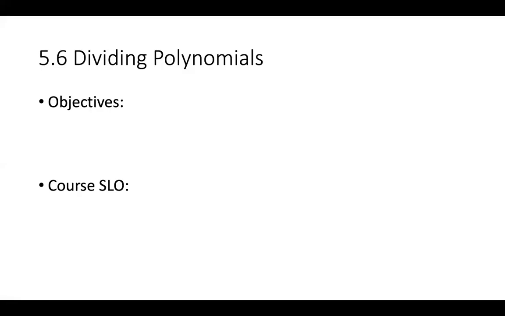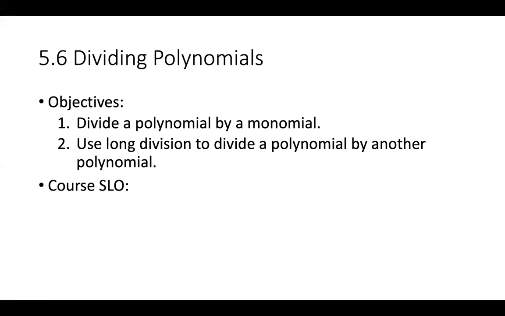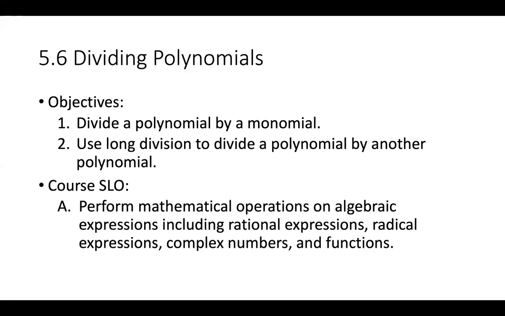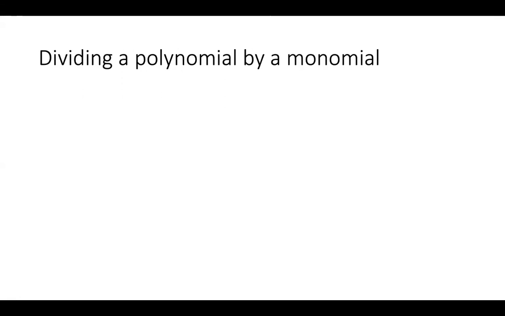We have reached the last section of Chapter 5, which is 5.6 on dividing polynomials. In this section, we will divide a polynomial by a monomial, and then we'll use long division to divide a polynomial by another polynomial. And as through this entire chapter, we're doing SLOA, which is to perform mathematical operations on algebraic expressions. All right, so first we'll talk about dividing a polynomial by a monomial,